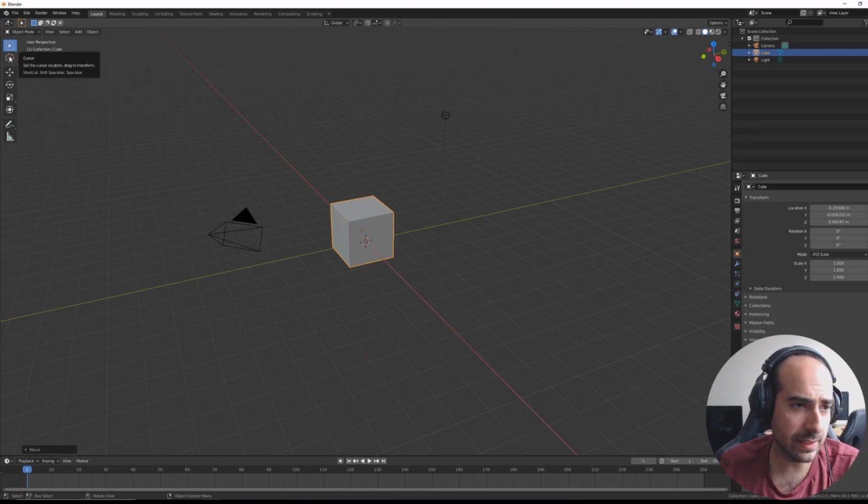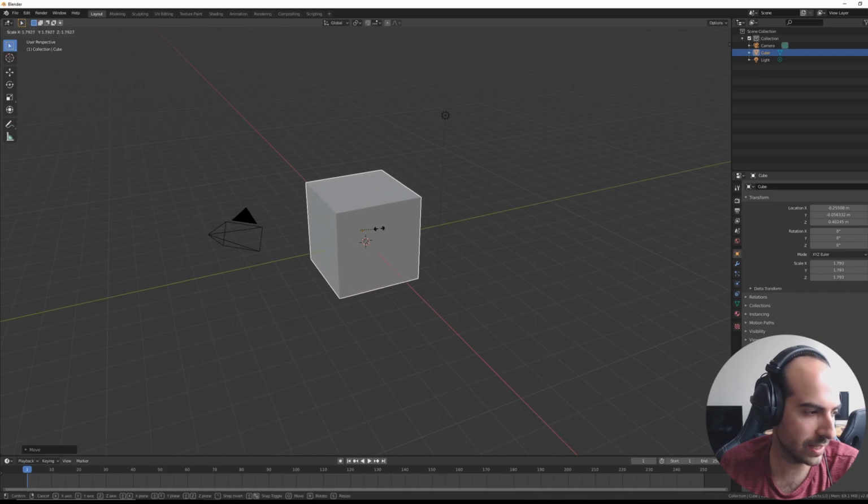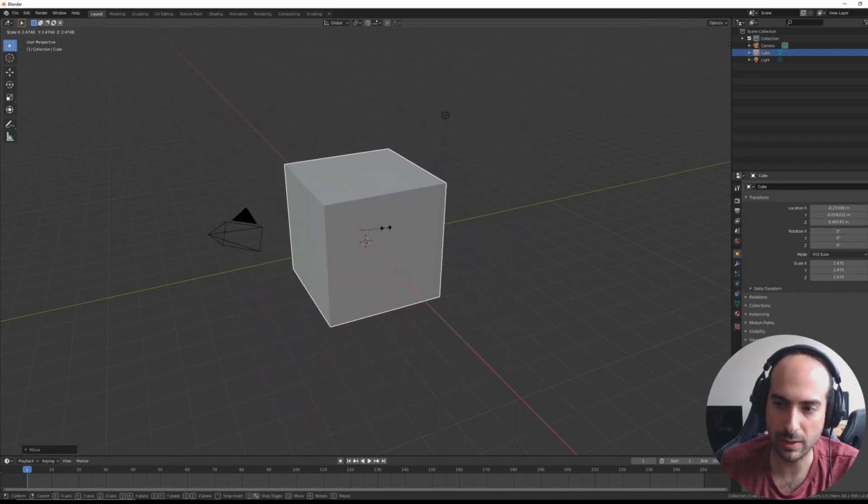But the nice thing is at least these shortcuts are consistent. So another shortcut is, for example, called scale. So if you push S, it's going to start scaling the object, and you can see